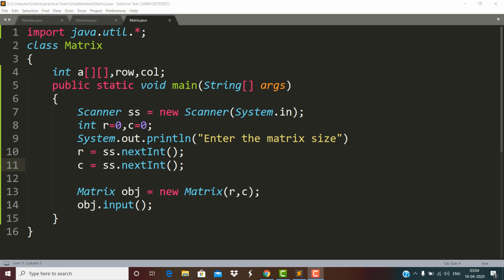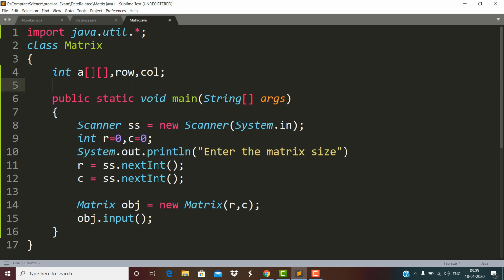Dear children, in this video we are going to see how we can implement the transpose of a matrix via passing object. So here we have defined some instance variables. You can see these three variables have been defined along with this. In the main method scanner class is defined. We have got the size of the matrix. Here we have created this object, and here we are trying to fill the matrix.